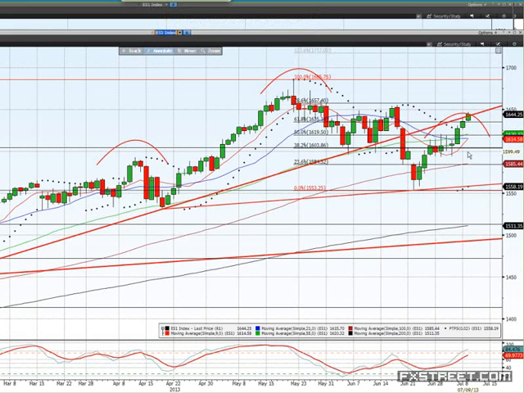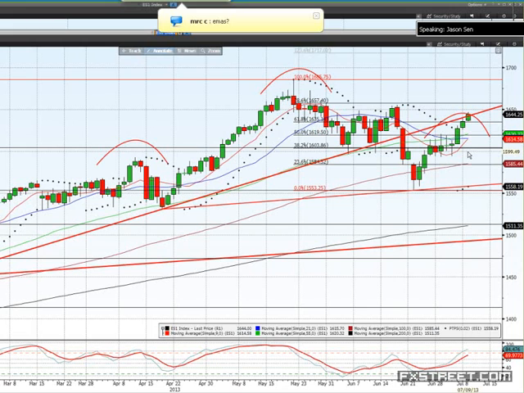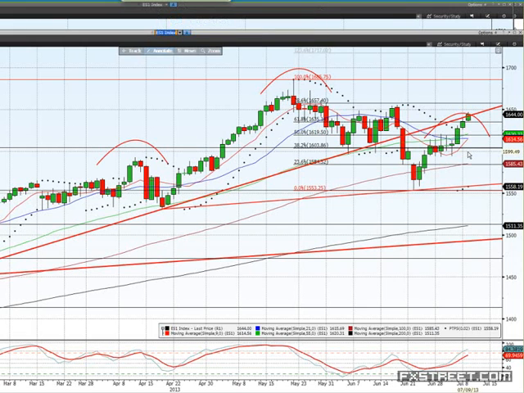Moving averages I use are 9, 21, 55, 100 and 200. I don't really pay too much attention to the 9 actually. I don't really know why I have it on there. And I'm not a great believer in crossing moving averages. I know a lot of people rely on them, but I tend to think they signal things a little bit too late, so I don't pay a great deal of attention to that. I just use simple moving averages. I don't do the weighted or anything like that.